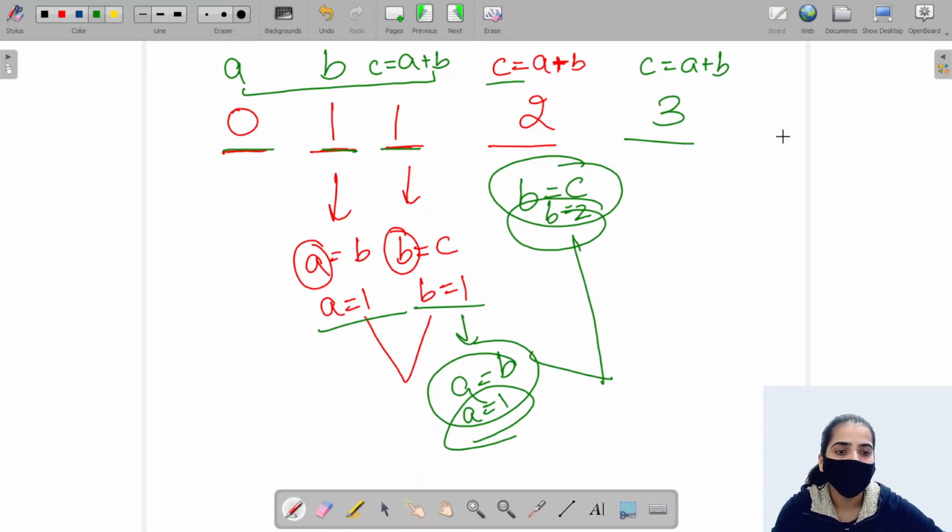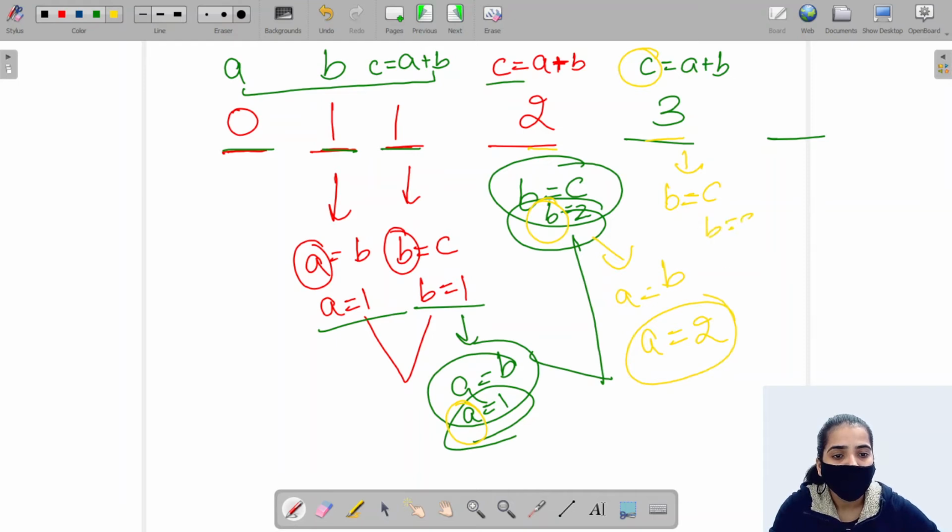Now we have new values of C, B and A. Again, to get the next value, I have to take the sum of the last two previous values. My last two numbers are 2 and 3. So I'll store my B in variable A and C in variable B. So by taking the sum of the last two numbers, A will become 2 and B will become 3.